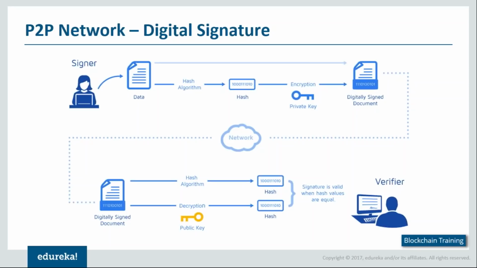Yes, Tyson, you can definitely decrypt using the private key as well, but what you need to do is encrypt it using the public key. So as we have discussed, this is an asymmetrical process. If you're encrypting using the public key, you can decrypt using the private key. If you're encrypting using the private key, then you can decrypt using the public key.